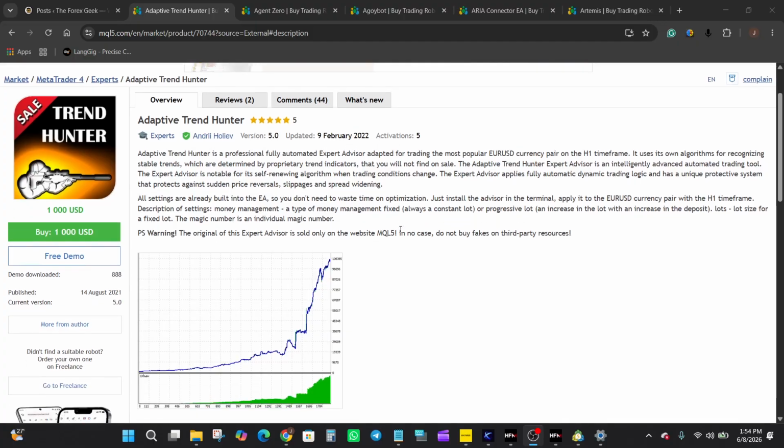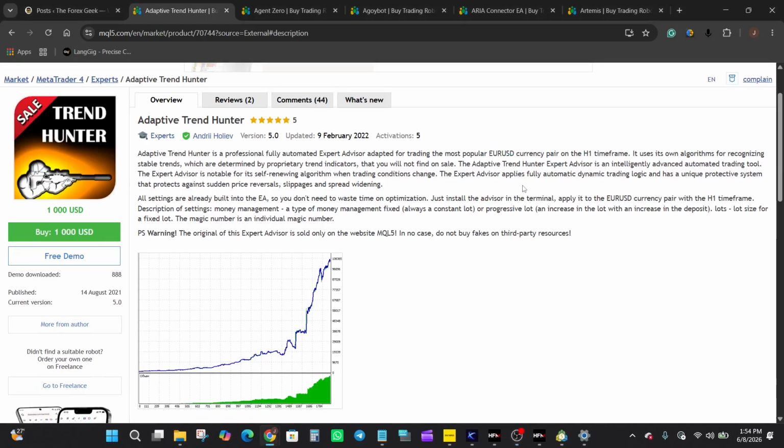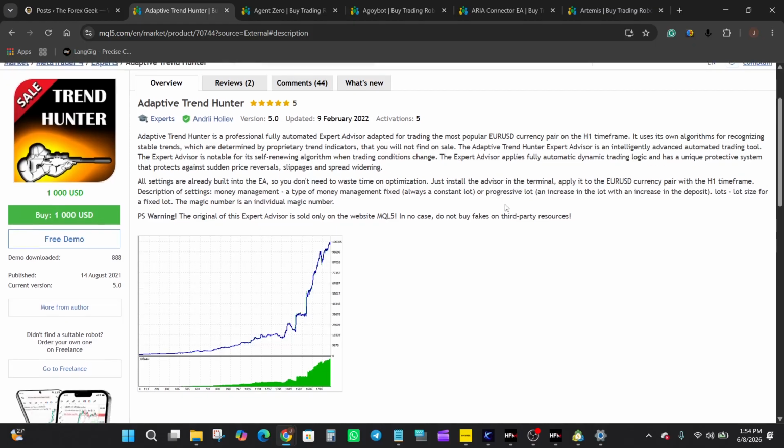One thing that immediately stands out is that this EA is built specifically for the EURUSD currency pair on the H1 time frame. Rather than being promoted as a multi-symbol system, the developer has focused it on a single market and time frame combination. Now, looking through the description, the developer states that the EA uses proprietary trend recognition algorithms